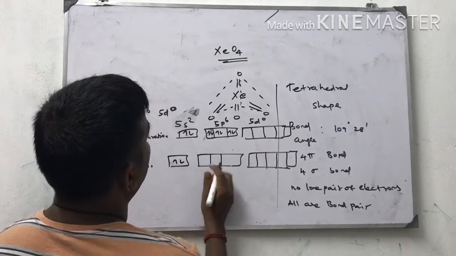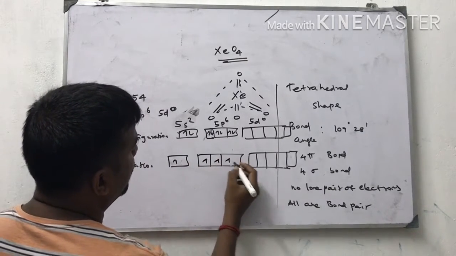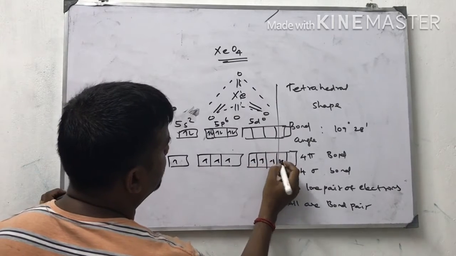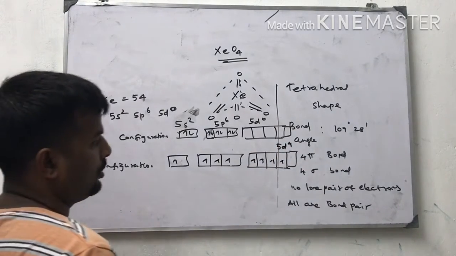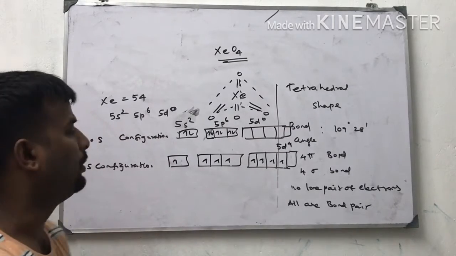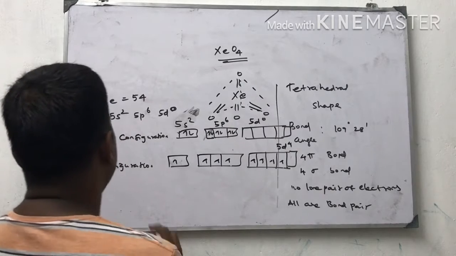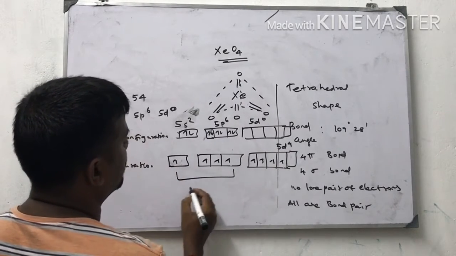In 5s2, the 4 electrons from the s orbital and p orbital are shifted to d orbitals because of the hindrance of the oxygen, giving 5d4. This makes the symmetry. Here all are uniform in symmetry and the energy level is equal. Now I am going to tell about the hybridized and unhybridized orbitals.